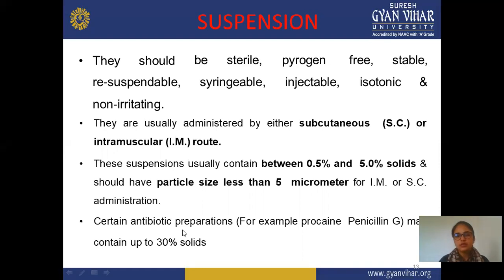So after preparing this suspension for small volume parenteral, you check some parameters, and it should be in a sterile condition. You sterilize the suspension properly, so it should be free from bacteria and pyrogen-free. If pyrogen is present, then it causes serious or dangerous effects, and there may be chances that the patient loses their life also. So it should be in a properly sterile condition, including the container as well as the formulation, and no pyrogen should be present in your formulation. It should be pyrogen-free, stable, and resuspendable, which means the stability of your formulation is also good, and you formulate a stable formulation.